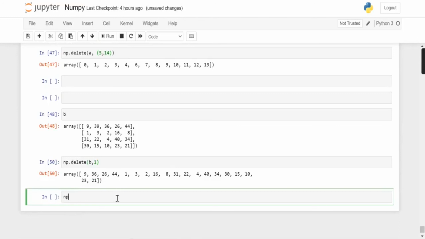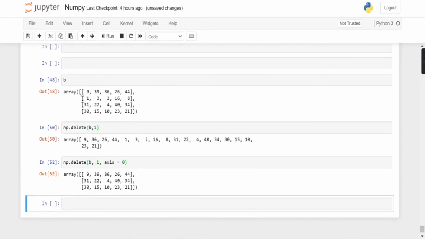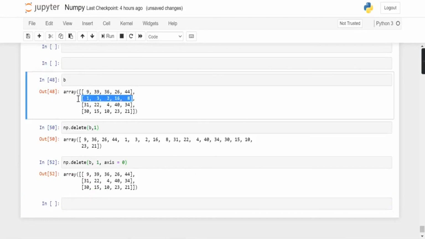So now let's use the axis: np.delete B, 1, and axis equals 0. When I run it, the position 1 in axis 0 has been totally deleted and we are left with only 3 rows.